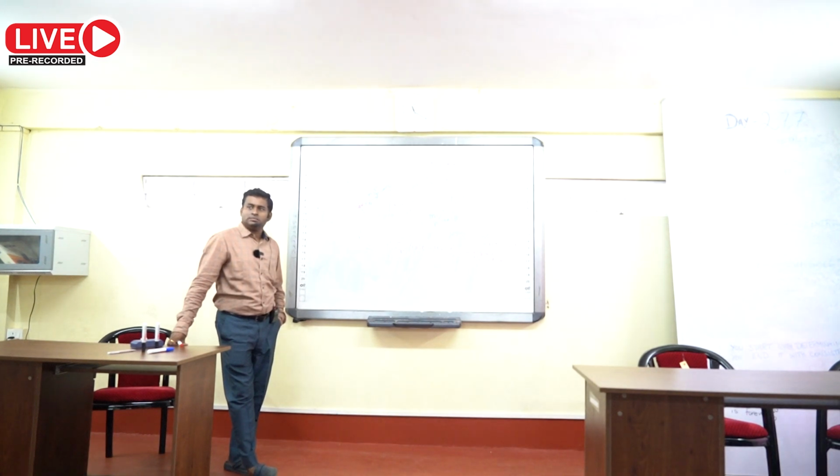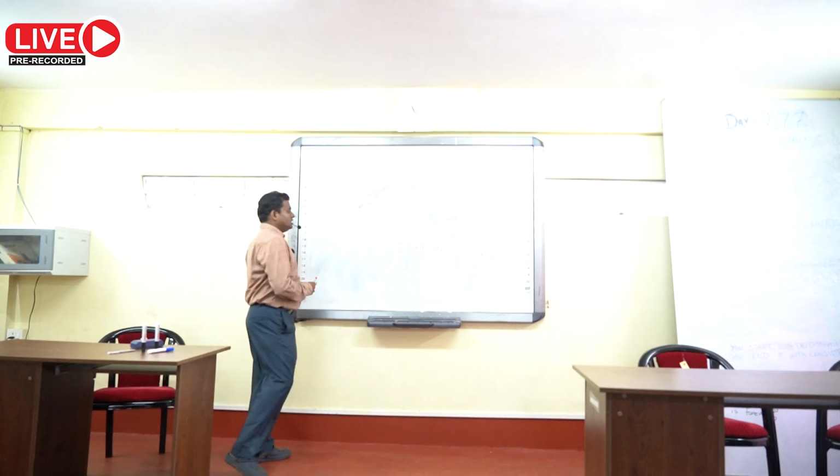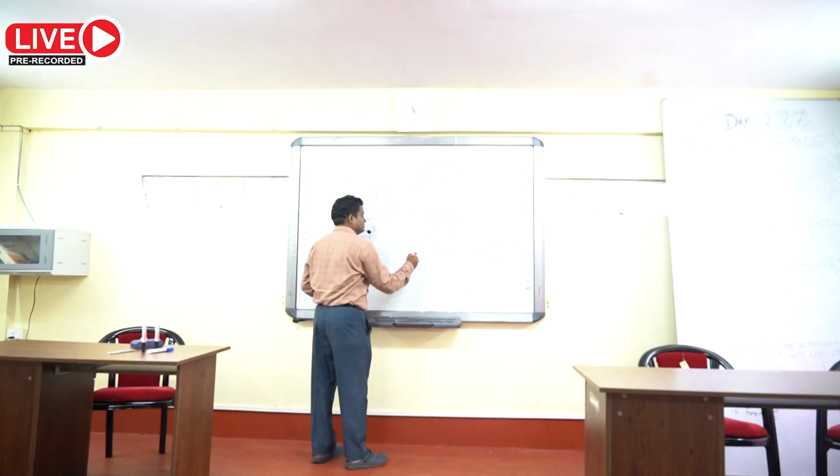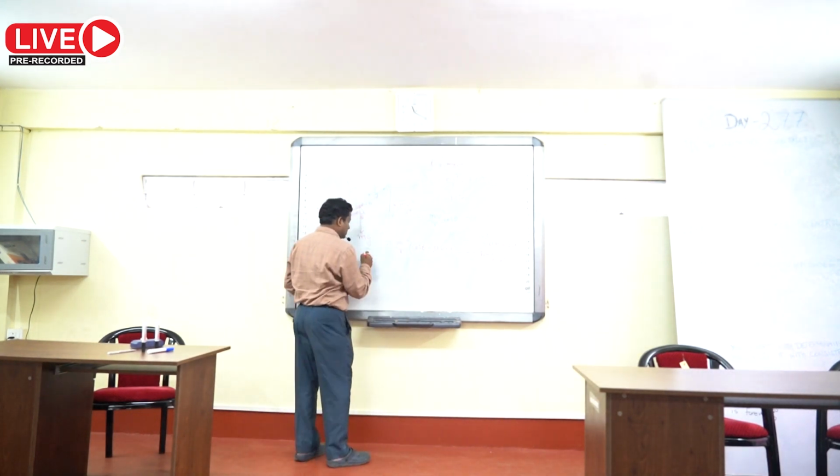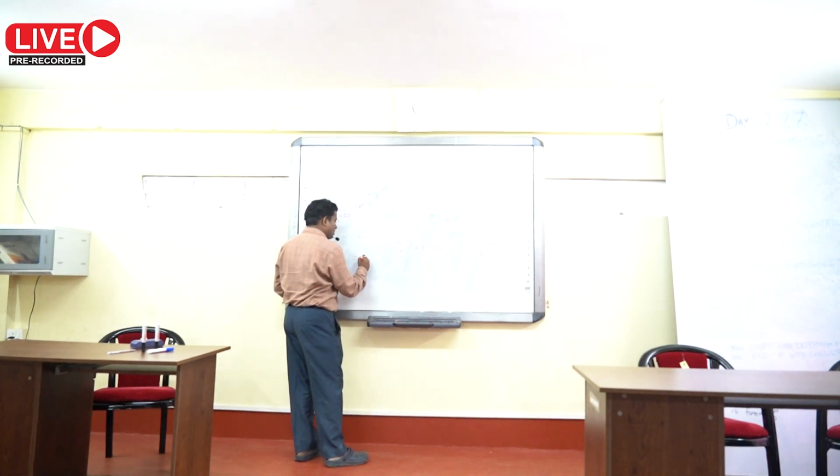Now you can cancel one m and write this as v square equal to